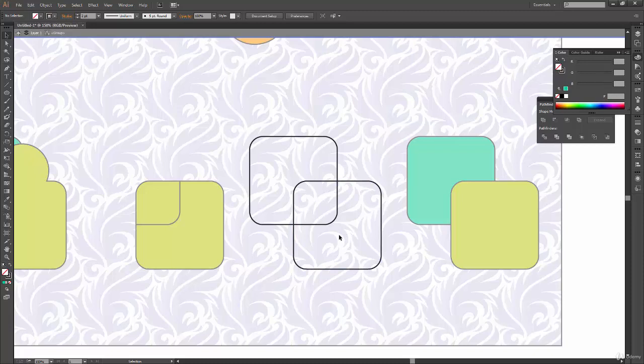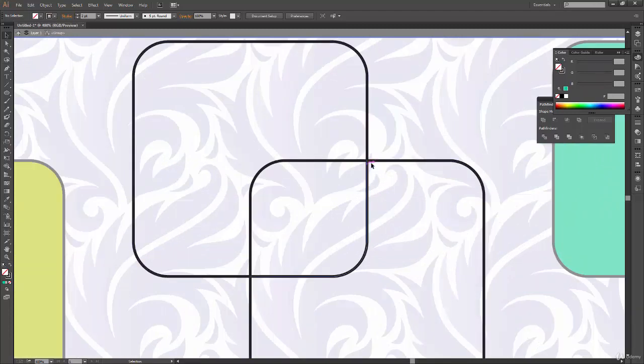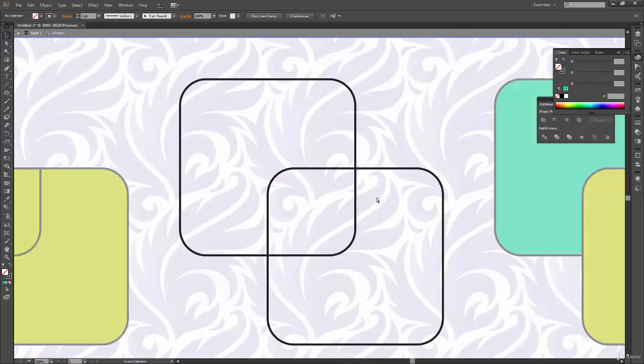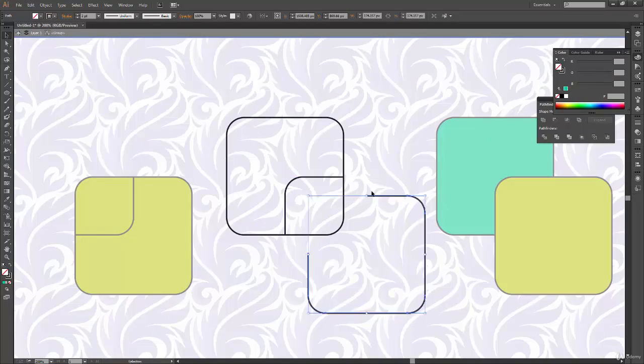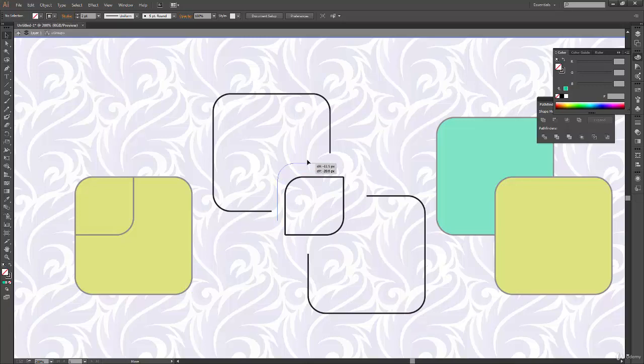So what the outline operation does is it will break your shape from the point where there is some kind of intersection. So let's say there is an intersection over here and over here. So your outline operation will break your shape from these points. And how will it break? Let's see. So click and drag this shape, and you can see okay, from here it was intersecting with the other shape. So my outline is broken from here. The same applies to another shape over here, and for these shapes also.